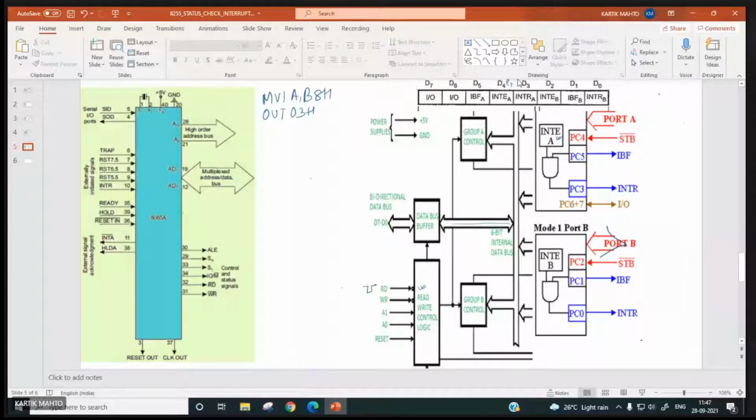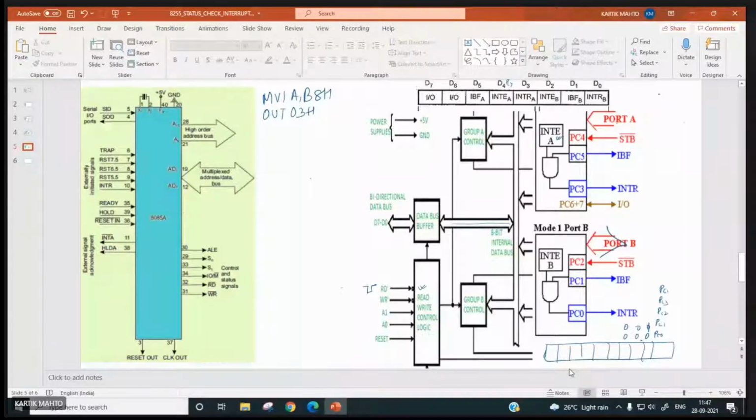So you have to use BSR mode. BSR mode means, again, this 8-bit control word. This is 0, 0, 0. This is PC0. This is 0, 0, 1, 1, 0, 0. So PC1, PC2, PC3, similarly PC4.